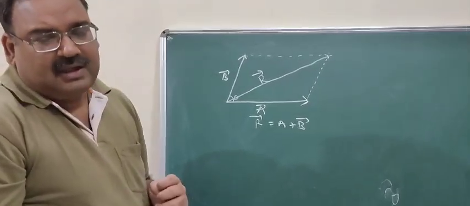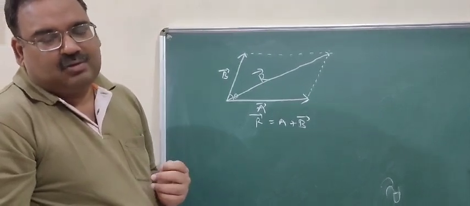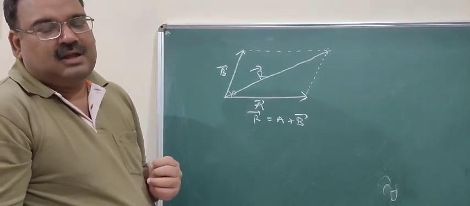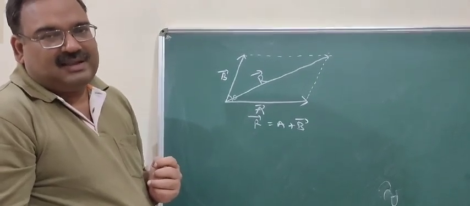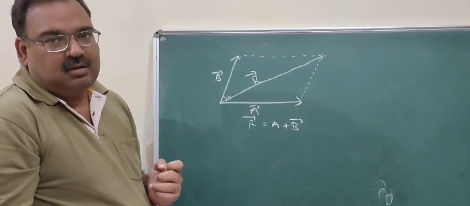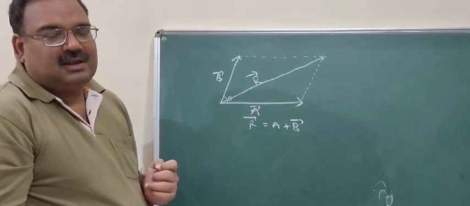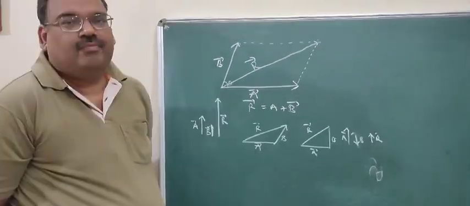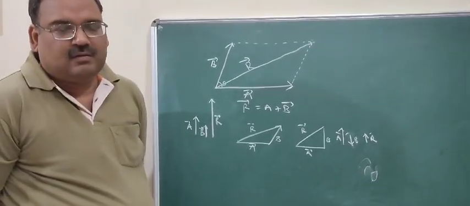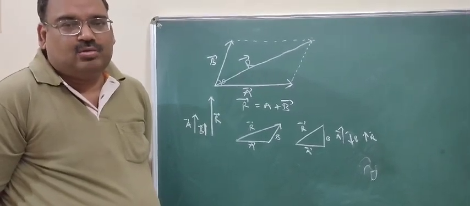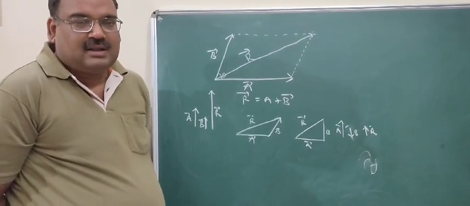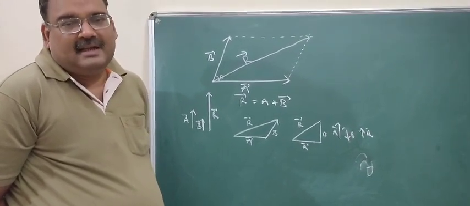What are we doing in this? If two vectors are given and they are to be added up, then we take these two vectors and consider them to be the adjacent sides of the parallelogram. We complete the parallelogram and join the opposite vertices to get the diagonal. So the diagonal represents the sum of the two vectors. So we come to know that the addition of two vectors involves the angle between the two vectors. Okay, the resultant of the addition of the two vectors is also involving the angle between the two vectors.